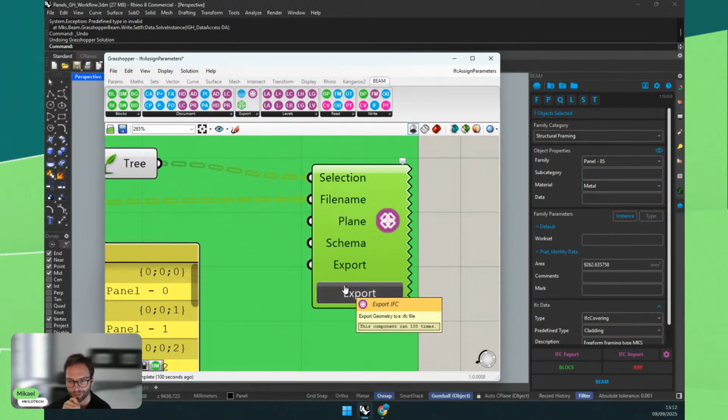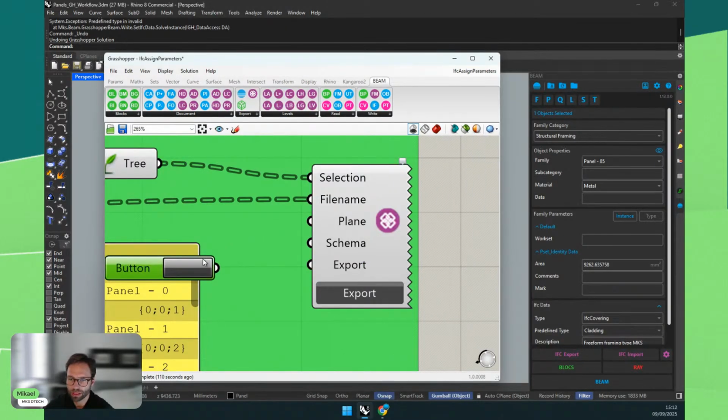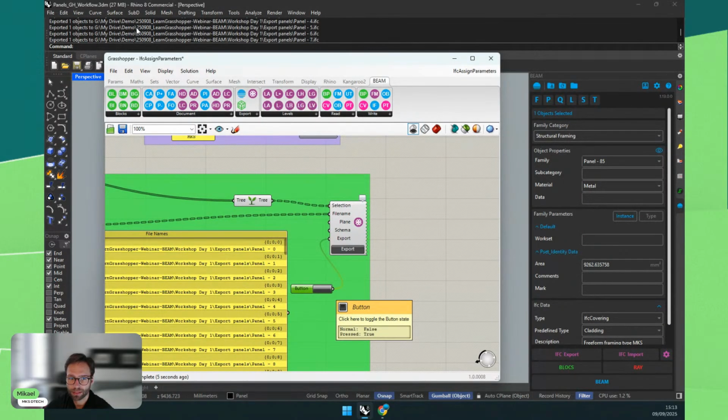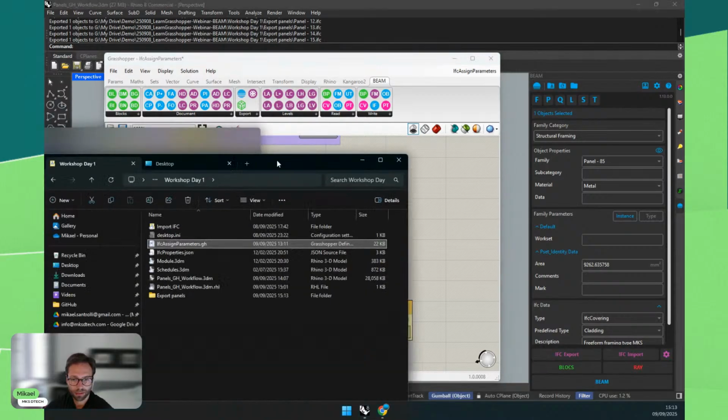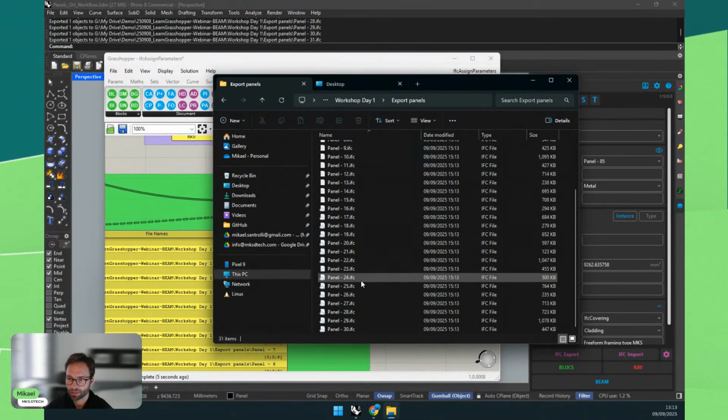So you can click on the button, or you can plug a button to the export. So either one works the same. So if I click on here, you can see it started to export. And in this folder, export panels, all my IFCs are slowly being populated and exporting one by one.